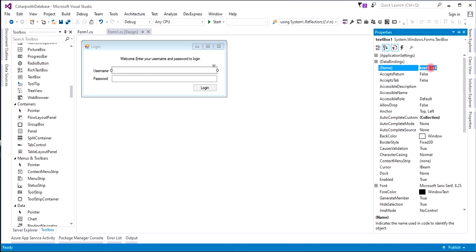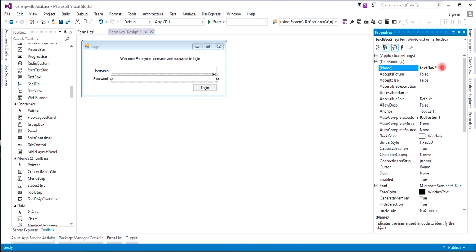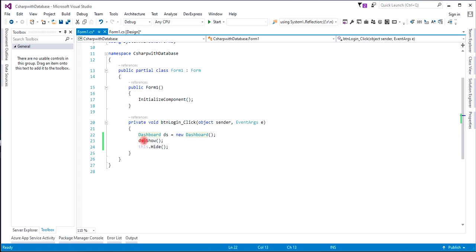I'm going to change it from textBox to txt, we say username, and then for password, we say txt password. Okay, so txtUsername and txtPassword, and then we'll double click on this login button to write the instructions. Okay, so let me comment these guys off. We'll comment them soon,